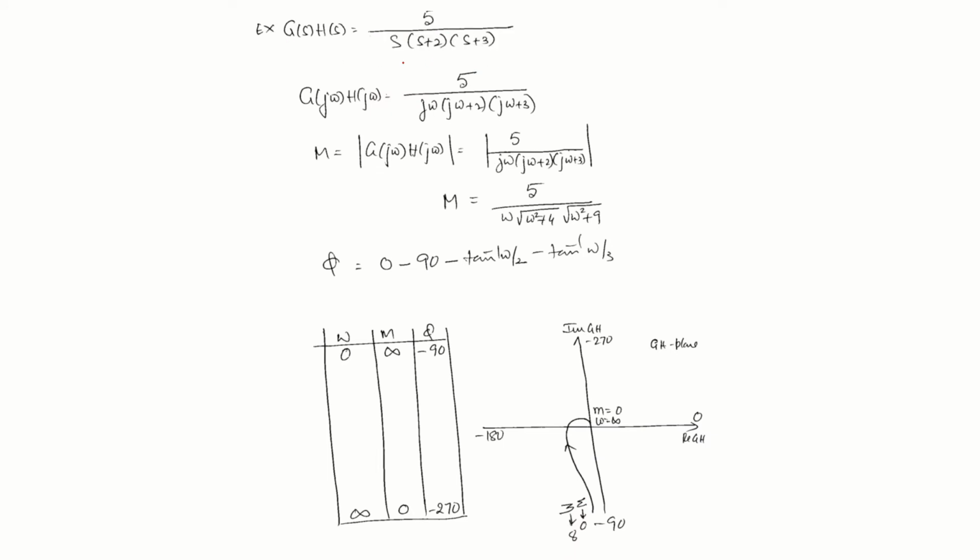Next, another example. Here it is minus 90 to minus 270. 3 poles should come. So again, same procedure you follow. Now I think you are familiar with how to write magnitude equation and phase angle equation. So set of values of omega, calculate magnitude, probably you can write a program, and phase angle. Then same way you draw the lines and draw the polar plot. The polar plot varies from minus 90 to minus 270.